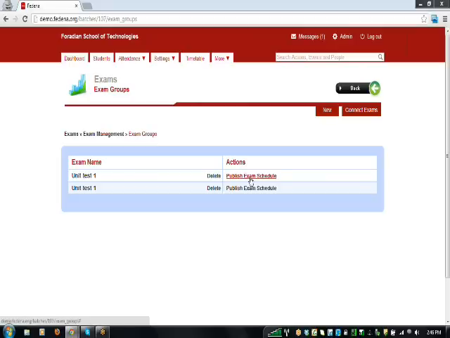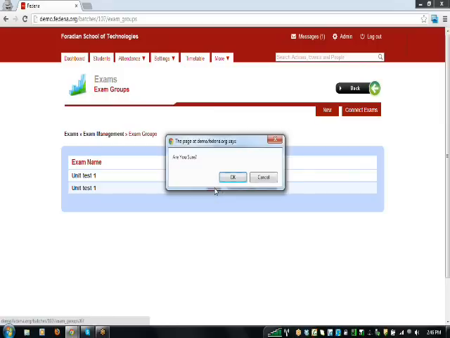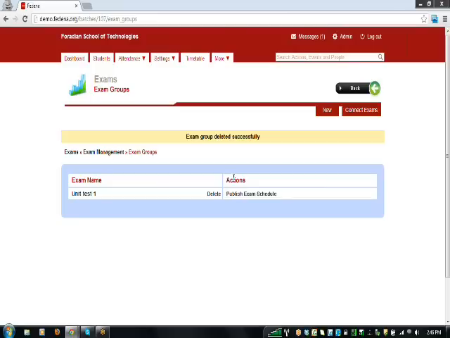And once you have given the schedule for the examination, the next step is to publish the exam schedule. Just click on publishing of the exam schedule so that the students will be notified about it. If the SMS system is enabled, the students will be notified through SMS, or else they will get a message in the system, that is, under the option messages, as a notification from the messaging system of the